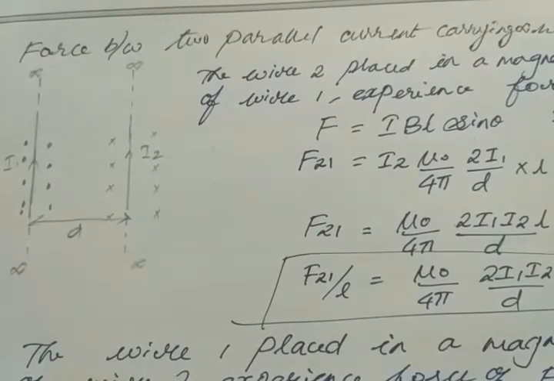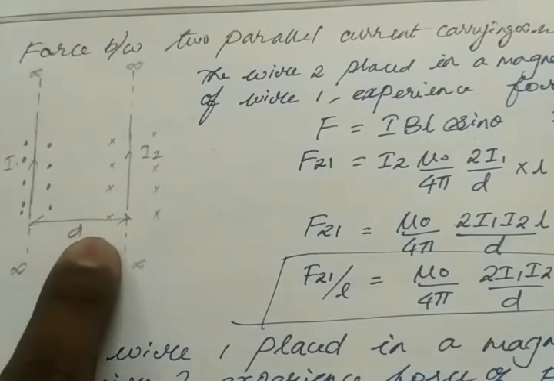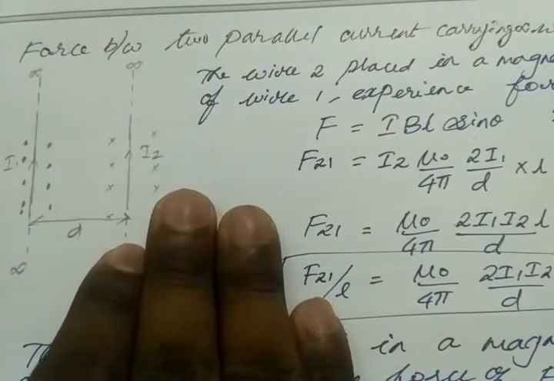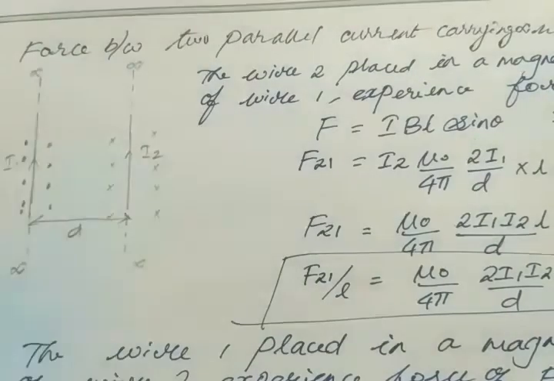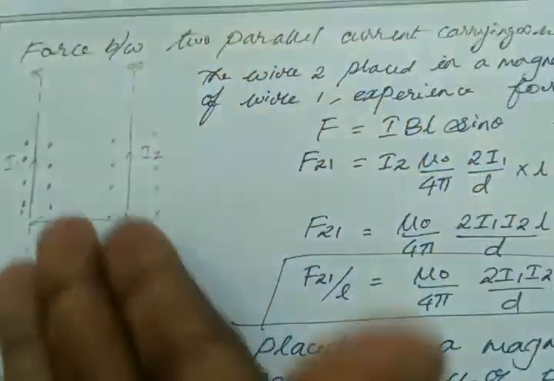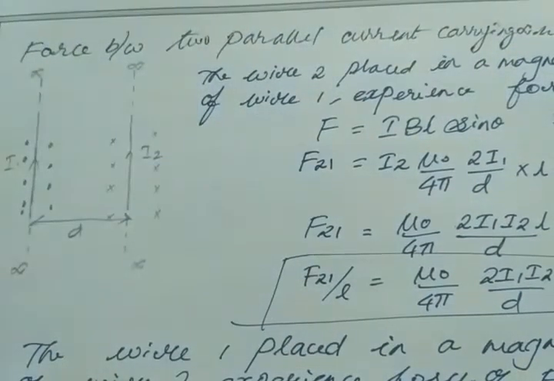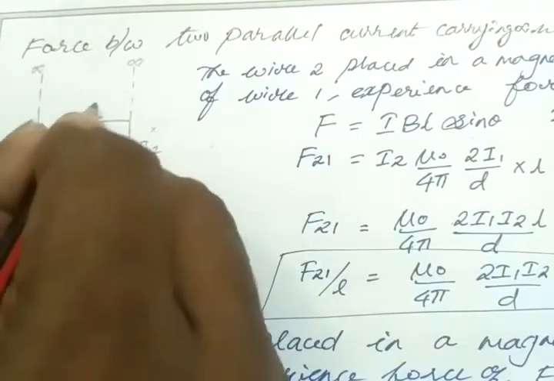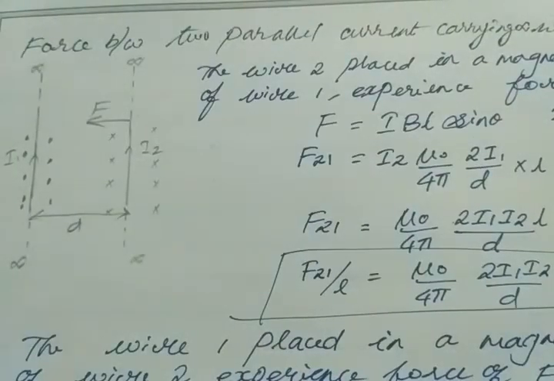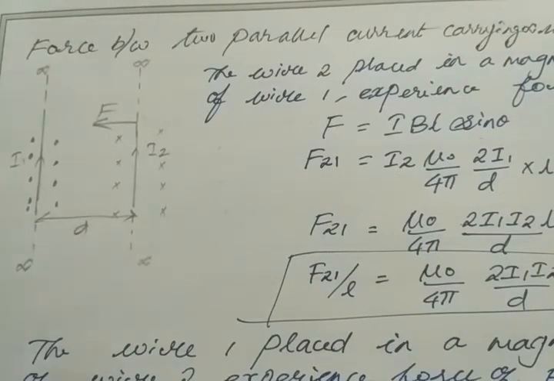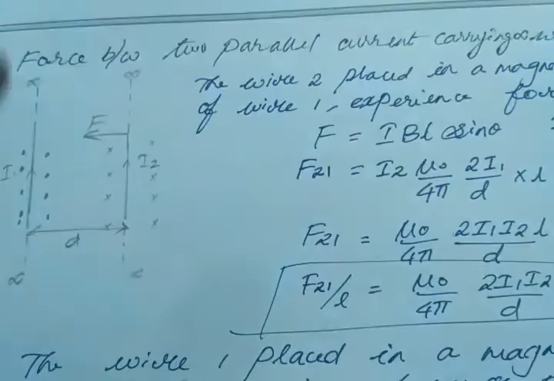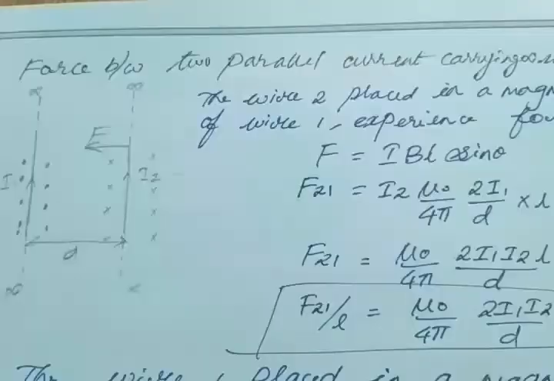By using the right hand palm rule, we can say my 4 fingers are in the direction of the magnetic field, inwards, and my thumb finger is in the direction of motion of charge. So the motion of charge is upwards. You use the right hand palm rule, then only you will be able to understand this. Then my palm shows the direction of magnetic force, so my palm shows the left direction. So this is my direction of magnetic force. You try it yourself. Then for the dot: my 4 fingers are coming like this in the direction of the magnetic field. The magnetic field is outwards. You try it yourself. My thumb finger is upwards. So my palm shows the right side.